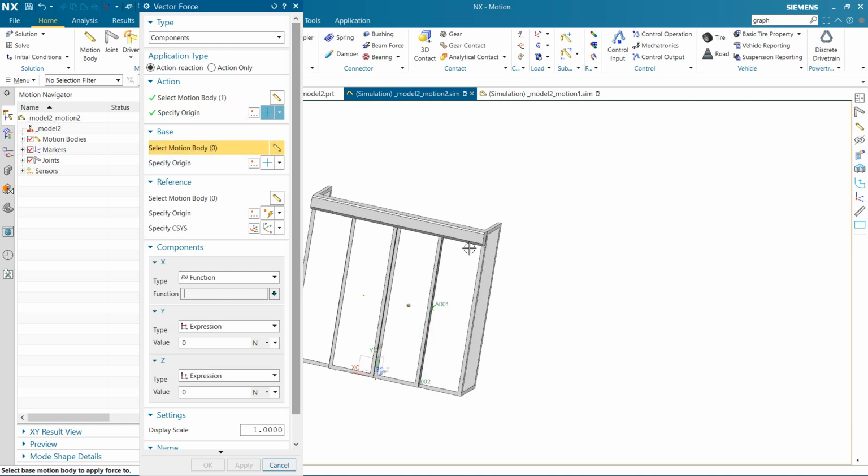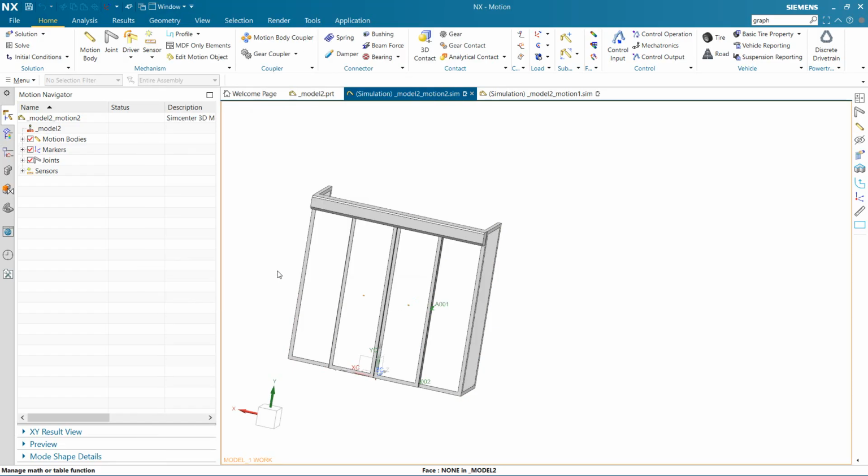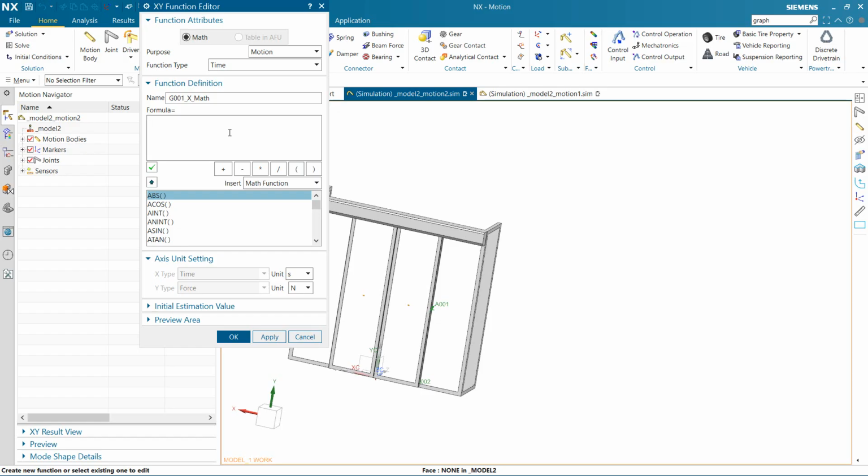For the base one, we choose this big thing here, and we don't really need a reference. Now create a function for it. We don't have a function right now, so we're just going to create one. After you apply force on this door, you have an acceleration. If you wanted to stop here, you have to create an opposite force equal in magnitude at this center line, which will be around minus 600 millimeters according to this origin.